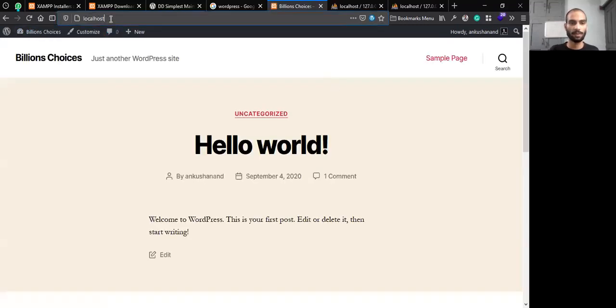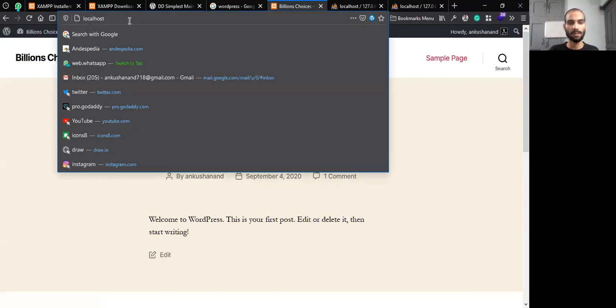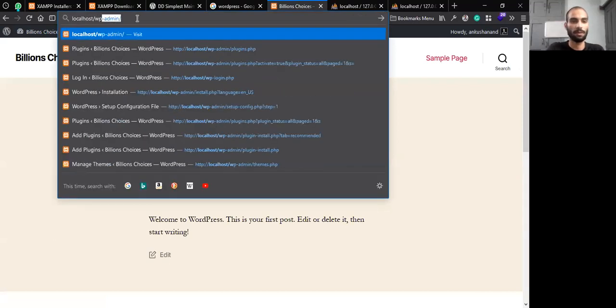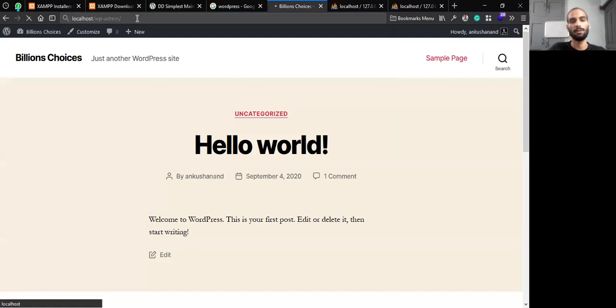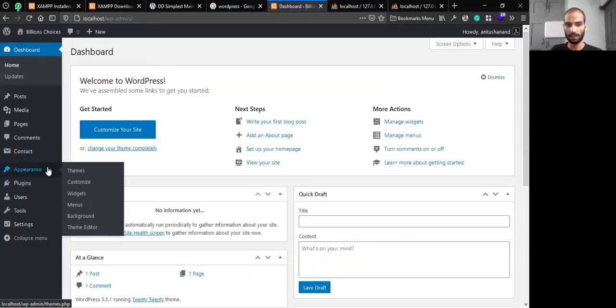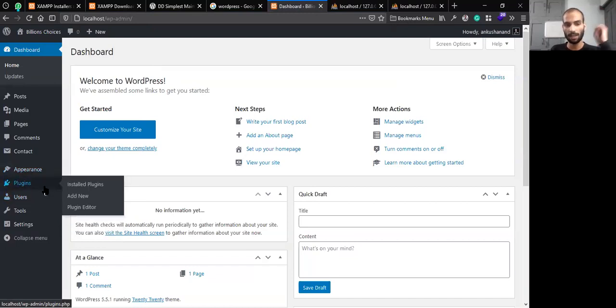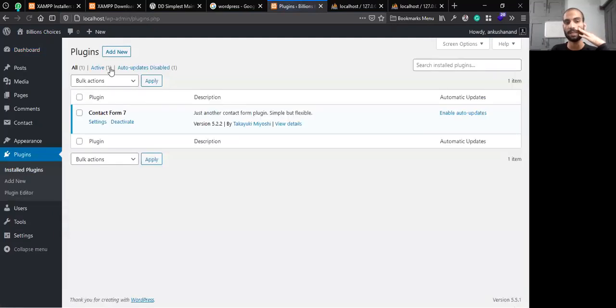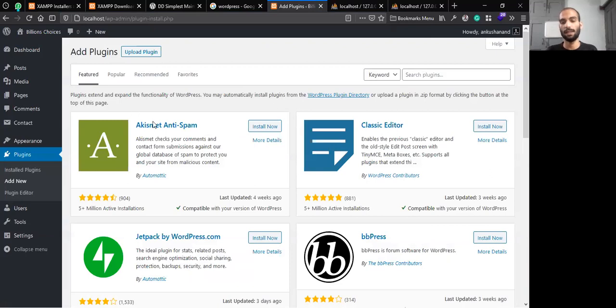And now this will be the URL of your website. And if you go to wp-admin like this, you will be able to go to the dashboard. Here, if I want to import things, or if I want to use a paid theme, I can do everything. Nothing is limited here. Everything you can do. You just can't index it in the search engine. You can also do SEO. If I want to do SEO, I can do that here as well.